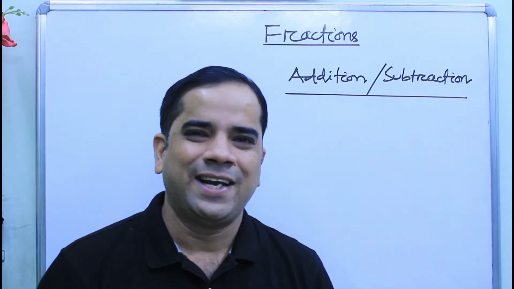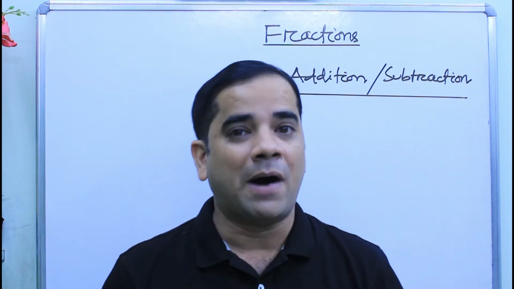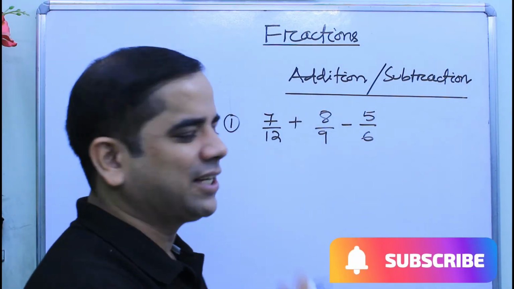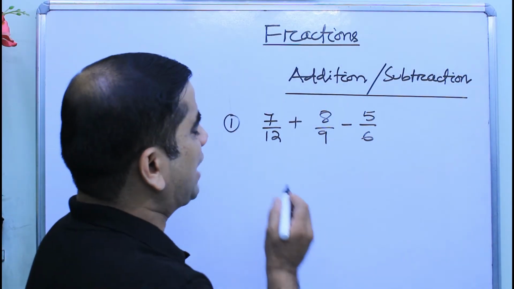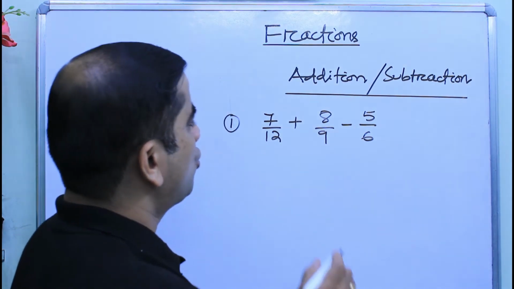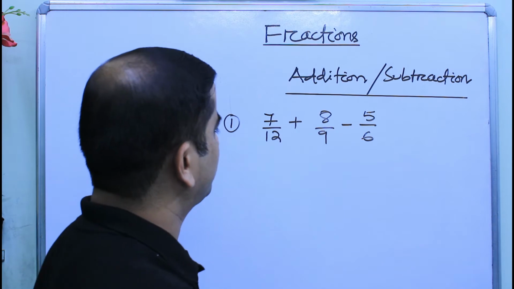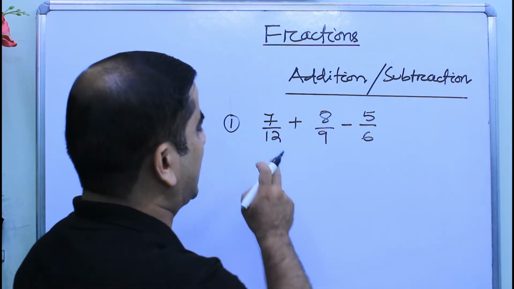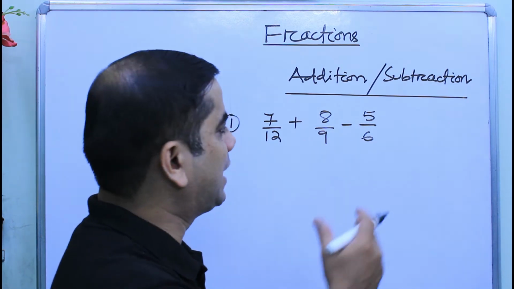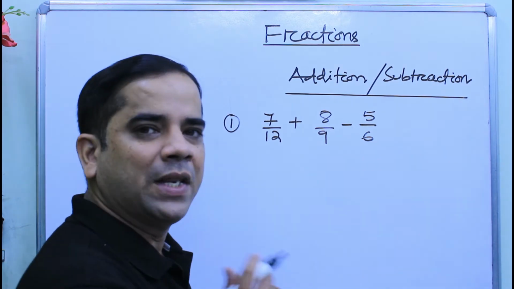Okay. Students, let us now discuss some more examples so that you can have a better understanding about addition and subtraction of fractions. Okay. Students, let us now discuss this question. Okay. Here we have three fractions, 7 by 12 plus 8 by 9 minus 5 by 6. What we need to do? We can do the calculation simultaneously, the addition and subtraction. There is no problem. So in the first step, we need to find out the LCM of 12, 9 and 6. You need not show the LCM calculation over here. You can do the rough calculation and you can represent that LCM wherever required.